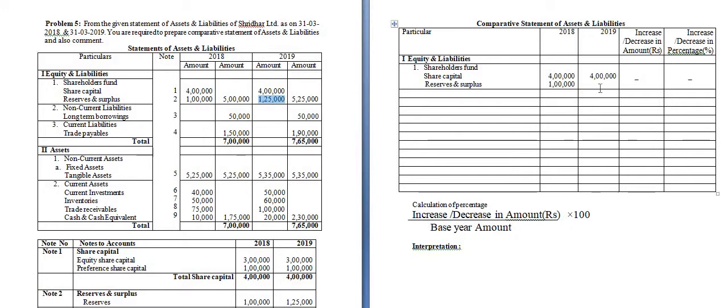Now find out the change. The amount of reserves and surplus is been increased in the year 2019. How much increase? Increased by 25,000. So write here plus sign 25,000. How 25,000 has come? 1 lakh minus 1 lakh 25,000. And the percentage